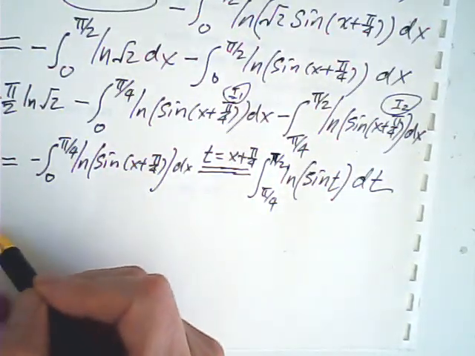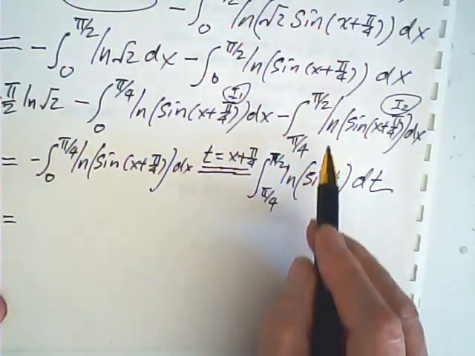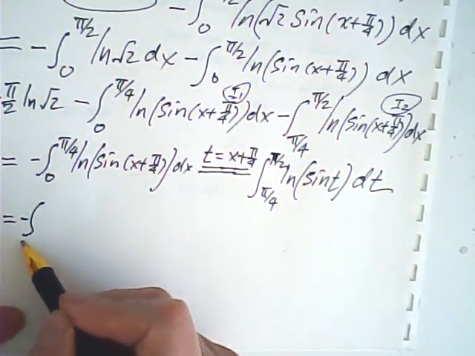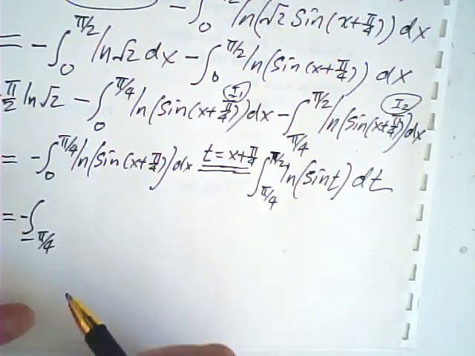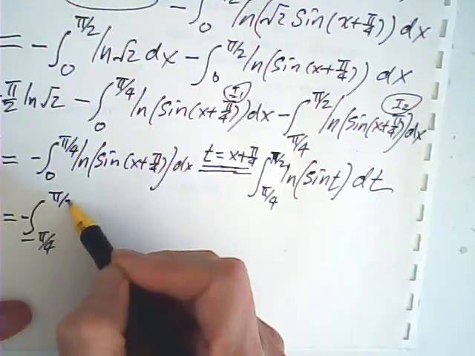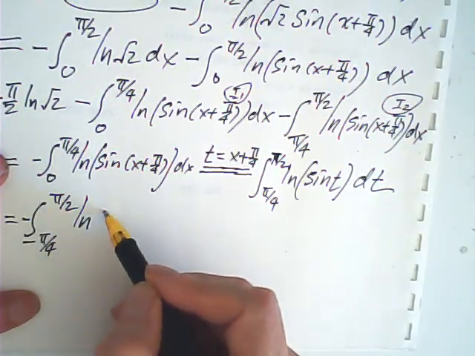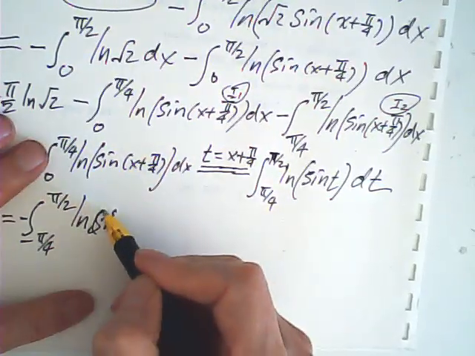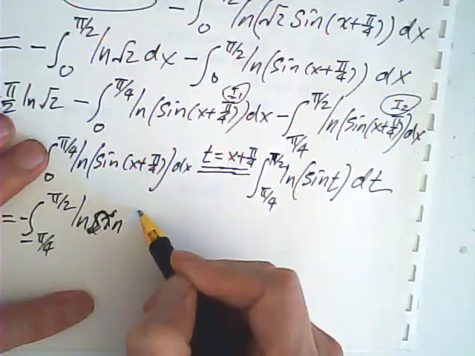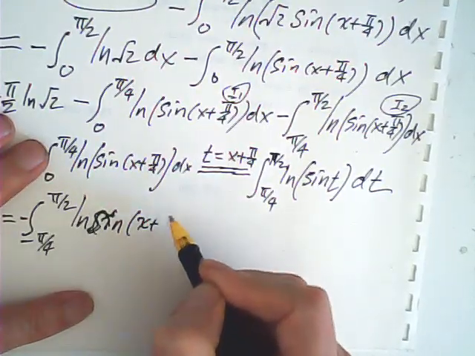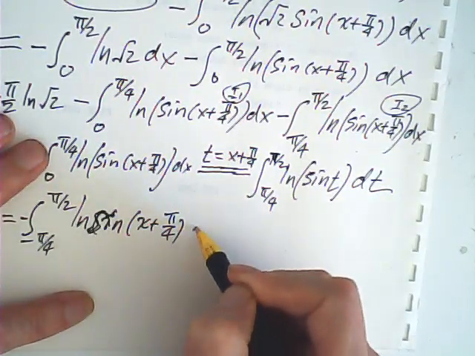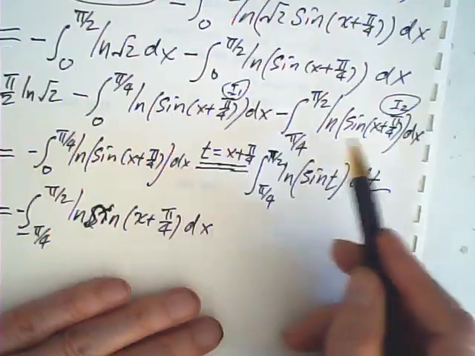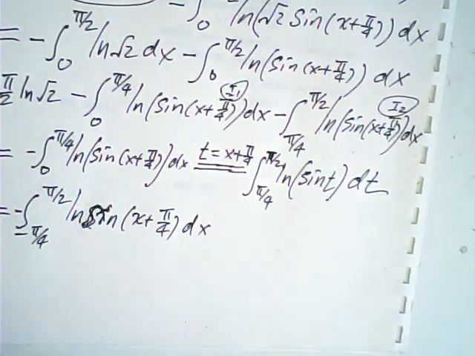Now I2 is this, negative, from quarter pi to half pi, natural log sine x plus quarter pi dx. So okay, this is I2, and we have a formula